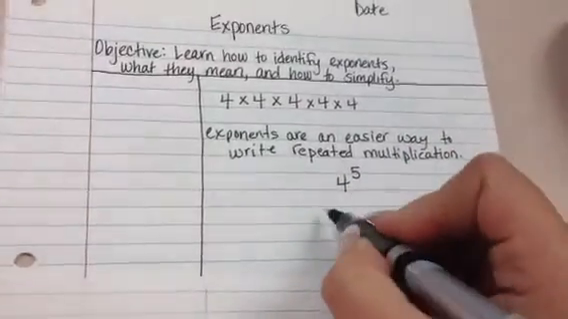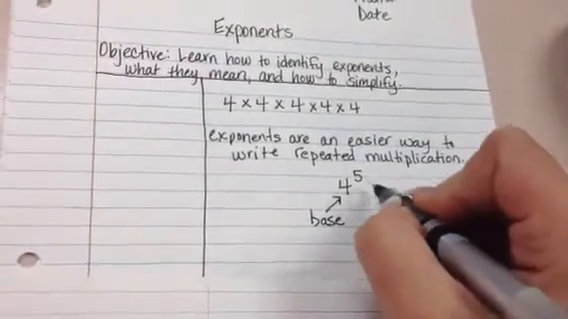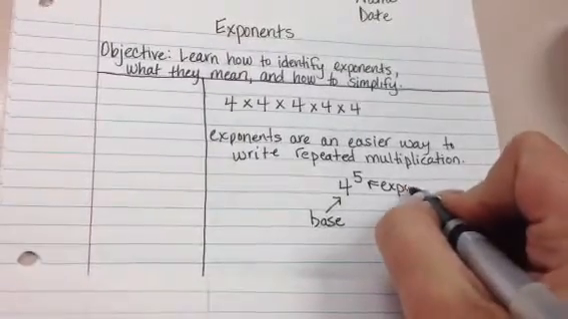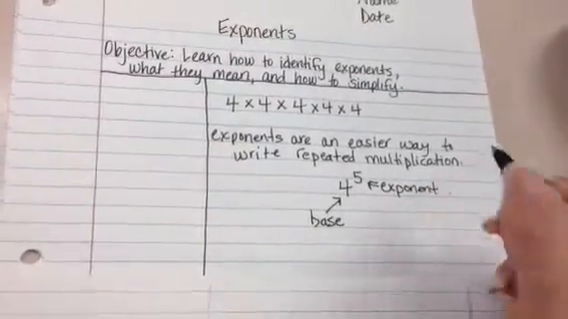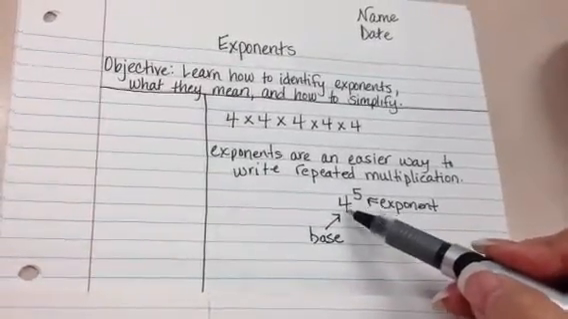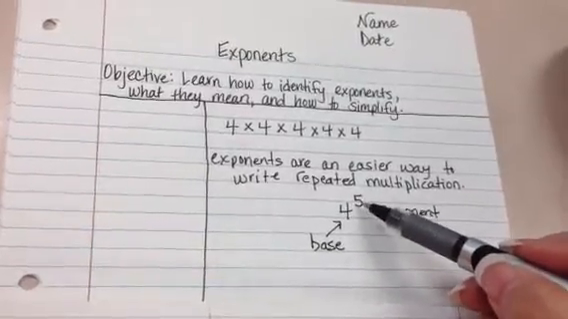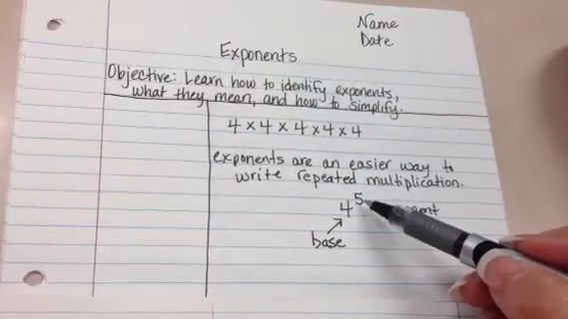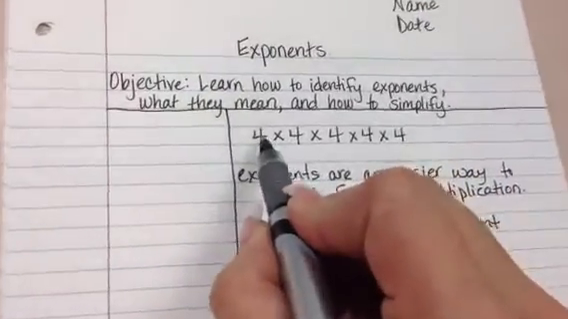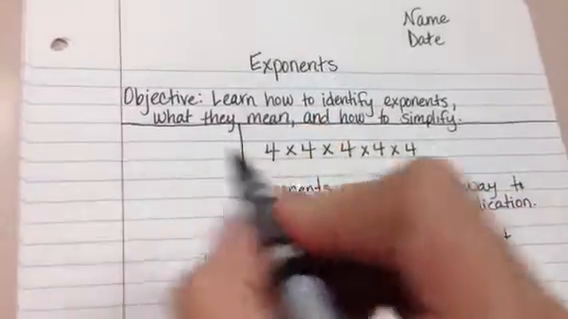power, where 4 is called the base, and the 5, that power of 5, is your exponent. And what that means is you're going to take the number 4 and multiply it by itself 5 times. So the exponent tells you how many times to multiply a number by itself. The way that this is written right here, the 4 times 4 times 4 times 4 times 4, is called